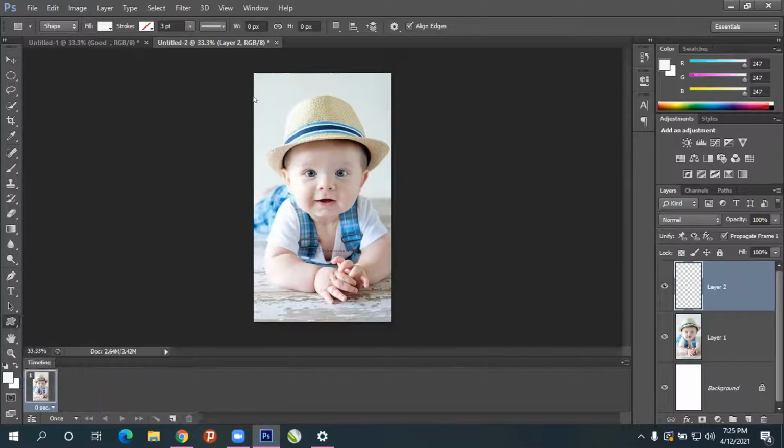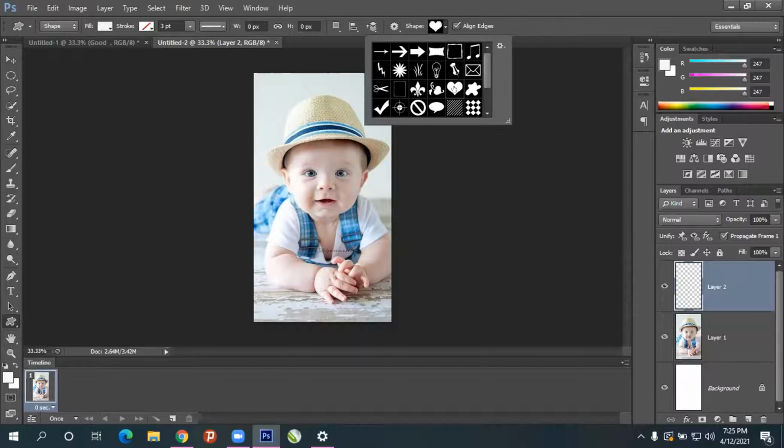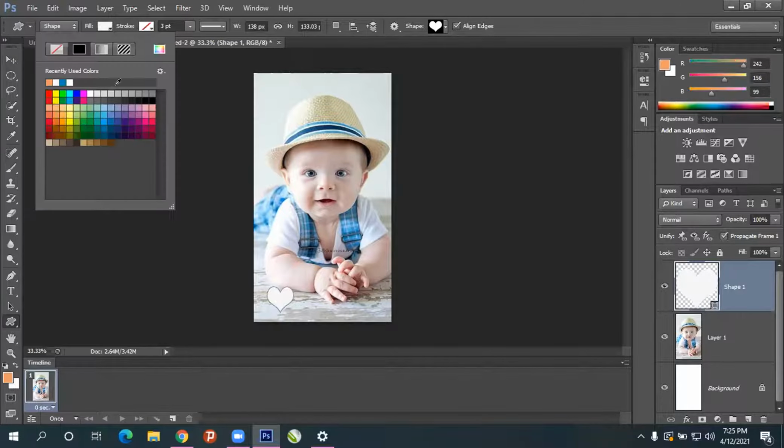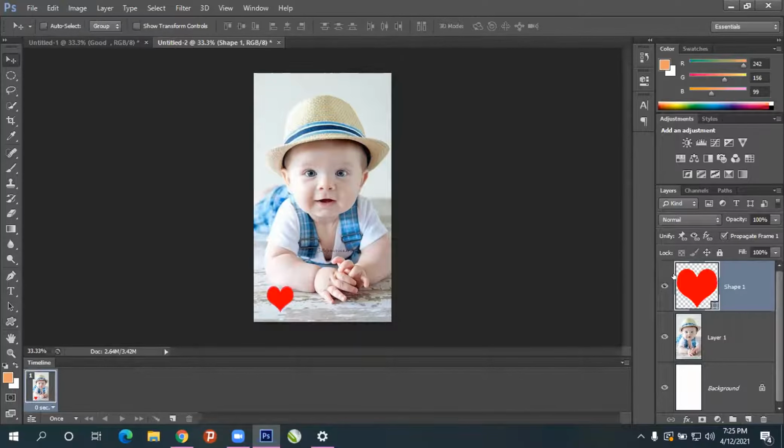In that, custom shape, go for art and just drag. I'll fill with red color. And this one I'll duplicate, Control J. And the duplicate one I'll keep here.